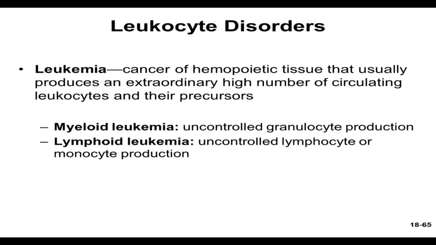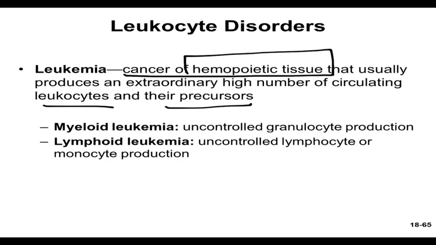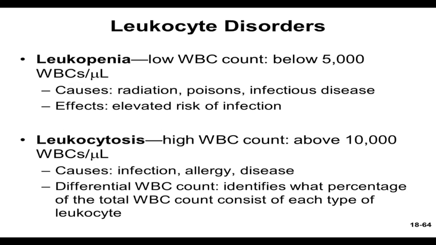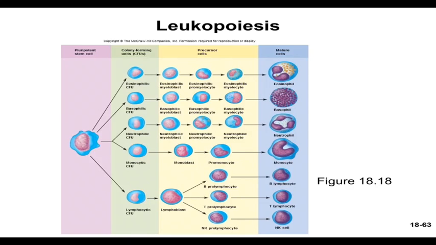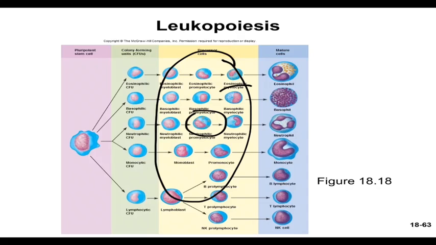Now, leukemia, we hear that term, and leukemia would be a cancer of any of the hematopoietic tissues that would give you a high number of any of the leukocytes or any of those precursors. A couple of slides back, I told you not to worry about the individual cells. So I'm not having you name any of these, but you could have a cancer where you have an increase in this cell or an increase in this